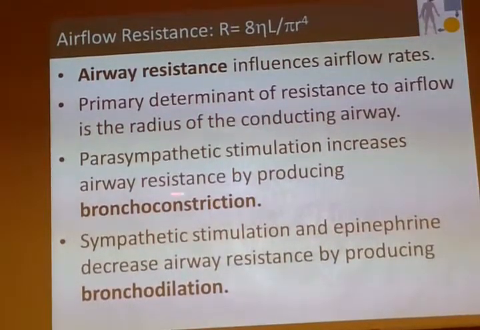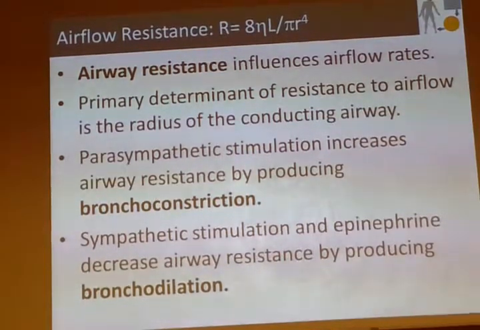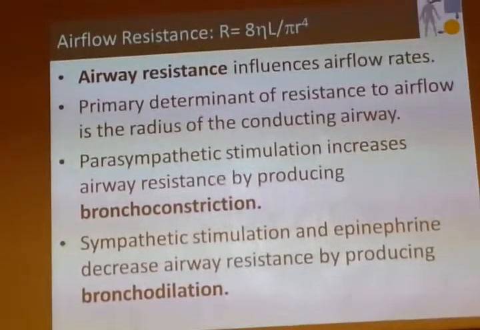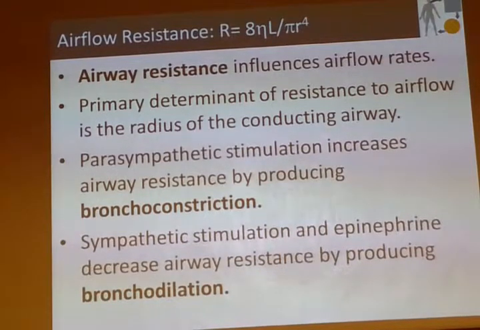Bronchoconstriction is going to increase the resistance for airflow. It could be so bad that you actually need medication to help counteract that. Bronchodilation is usually going to be aided by the sympathetic nervous system and the chemical it releases, which is epinephrine, and also the CO2 production by your metabolically active tissue. The more exercise you do, the more CO2 is produced by your skeletal muscles, the more CO2 comes to your lungs and gets into your alveoli, the wider your airways get so that you can get that CO2 out,